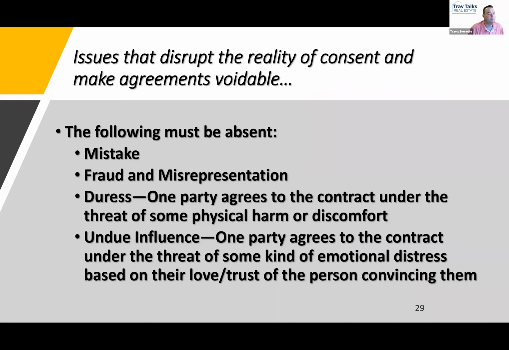The mutual agreement cannot be reached if you have any of the following things present. These things would override that mutual agreement. If there's a mistake, as an example, if the two parties agreed to a contract, but you have the wrong legal description on it, what do you think a court's going to say? That it's a valid contract? Or are they going to say, no, you don't have an agreement at all because this is not the correct property? Correct. So mistake would prevent us from having a valid contract.